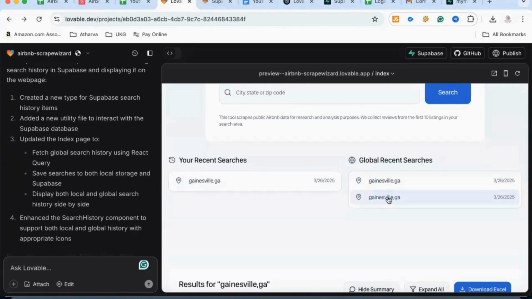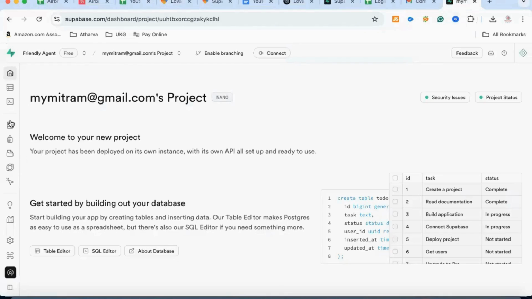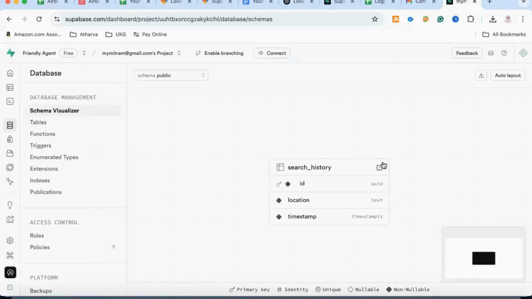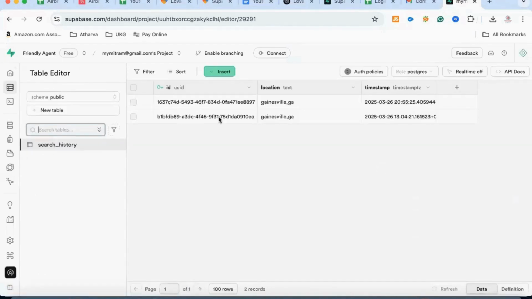And if you go to this Supabase database and look for the search history, yeah, you'll see these things are getting stored. So, the name of the city or zip, whatever you're searching, right? So you will have this database. So as you can see, right,